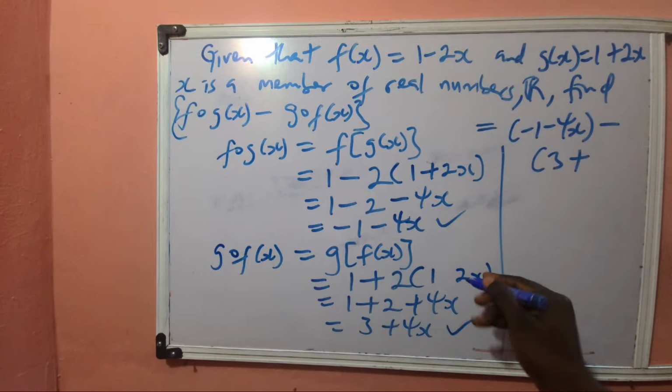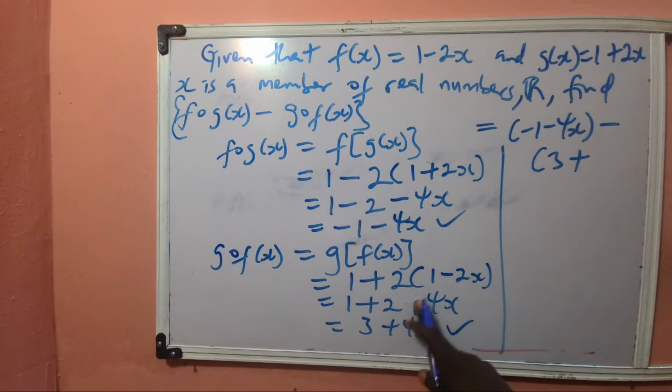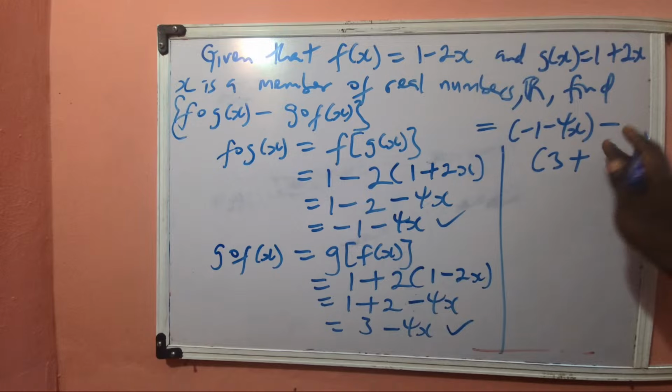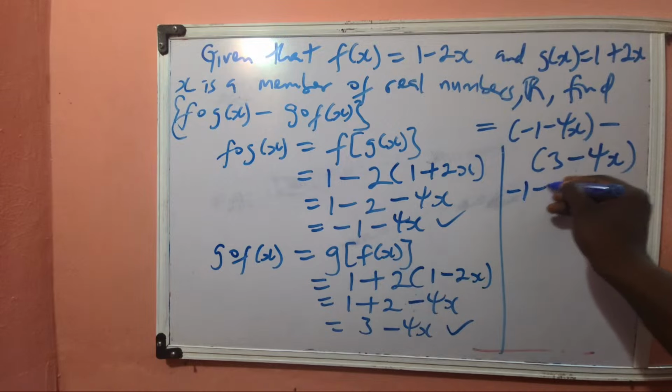Oops. 1 minus. So here we're supposed to have a minus. Here we're supposed to have a minus. That'll be 3 minus 4x. All right. So this will be minus 1 minus 4x